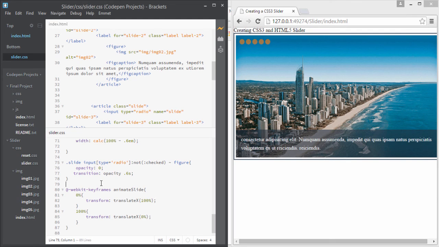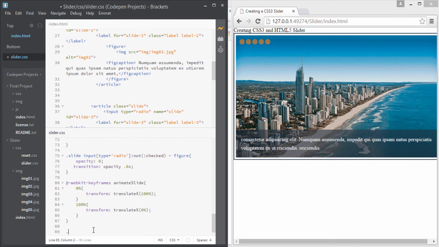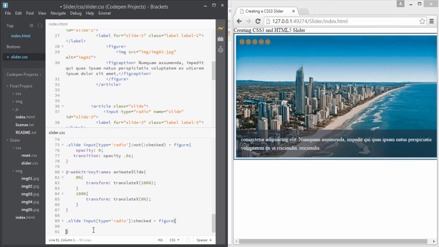To find that we are going to use .slide input type equal to radio, and then we'll look for :checked and find its sibling figure element, and then inside these curly braces I am going to write the animation property and set the animation name to animate-slide, and then time 0.4 second and behavior will be linear. Okay,